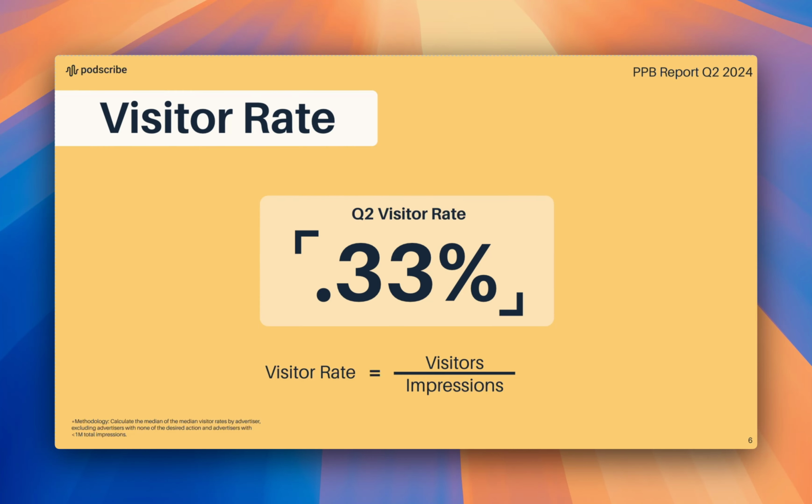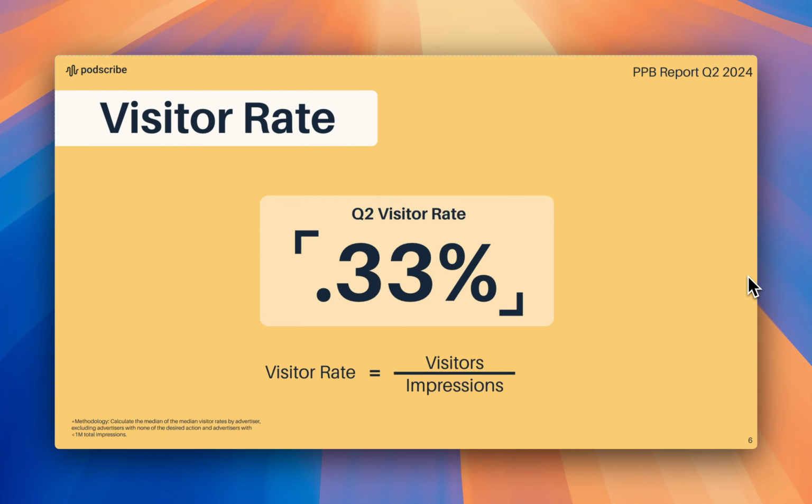So what we do is we look at every advertiser who meets the minimum threshold in the space, and we see, well, what is their average campaign performance? And then we take the median across all the advertisers. The only nuance in there is that before, we would take the average of each advertiser's campaign. Like, for BetterHelp, before it would be the average visitor rate of all theirs. Now we take the median of all the BetterHelp campaigns.